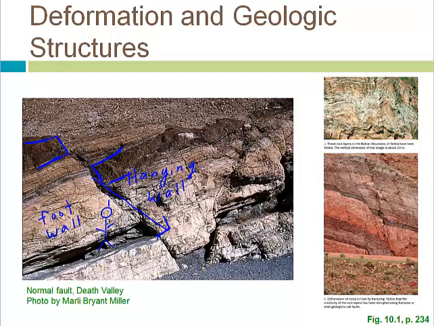And this over here is also a normal fault because it's moving down, right? With respect to the hanging wall, if you were to be standing right here, looking up, this is the wall over your head. That's the hanging wall. And then, of course, we have